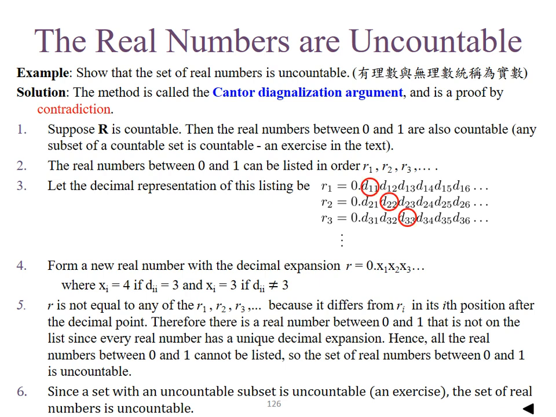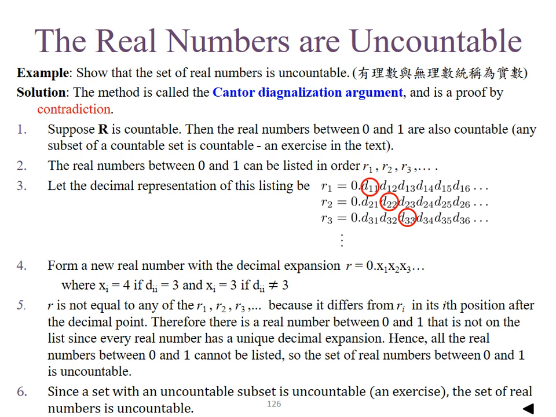So let's see. This is D11. You can check if D11 is 3 or not. If it is 3, then we assign xi, that means x1, to be 4. So if this one is 3, then this one is 4. If this one is not 3, then this one is 3. Okay, so you can see by this case, we have a new real number R, which is not in